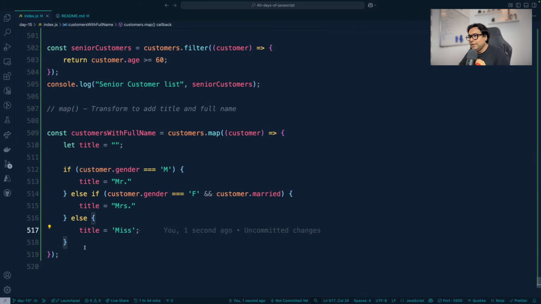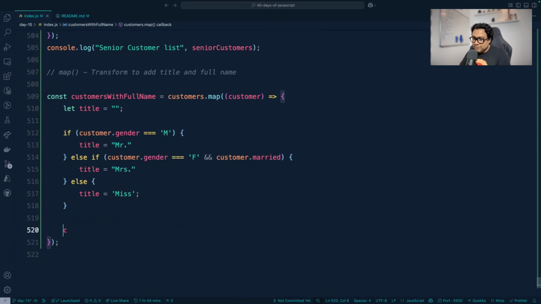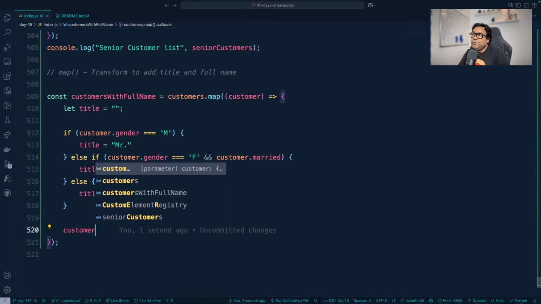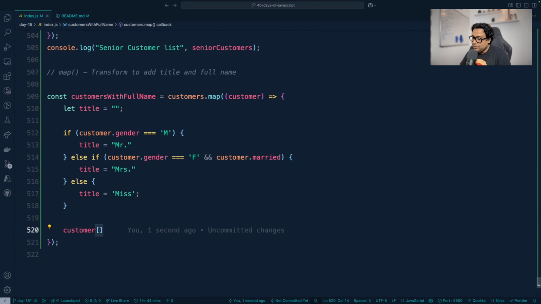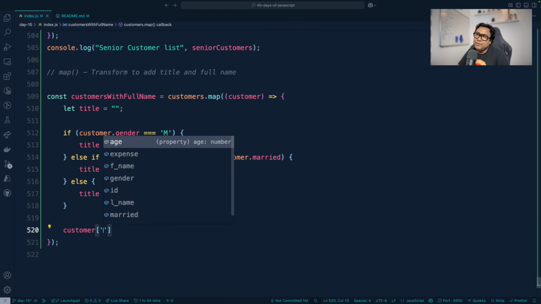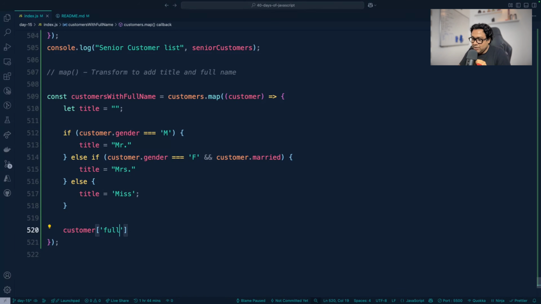So I have the title now. Now I have this customer right with me. If you have an object and if you want to add a new property to the object, what you can do? You can always use the square bracket or the dot notation to add it. Square bracket is much safer because if your property has a special character, then square bracket works great. So I'll add something called full_name,